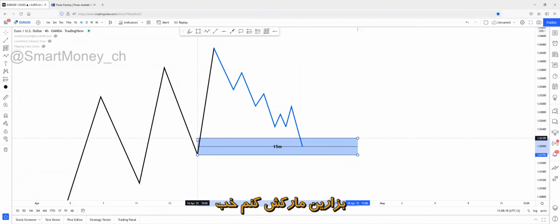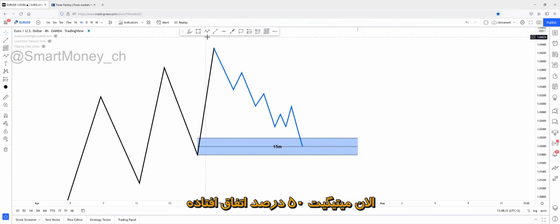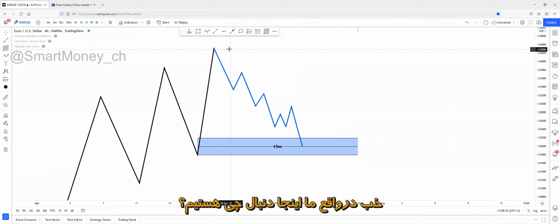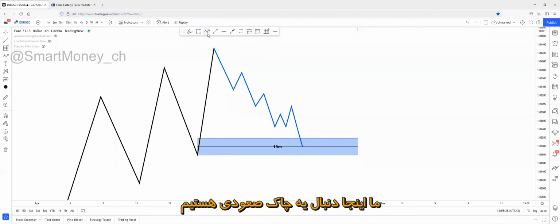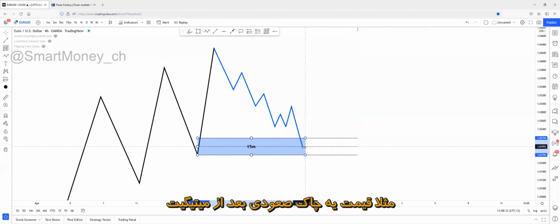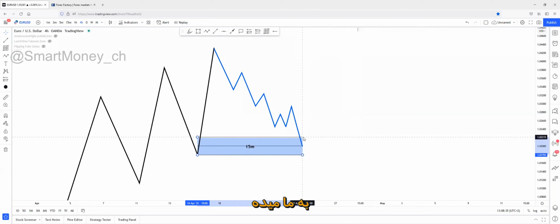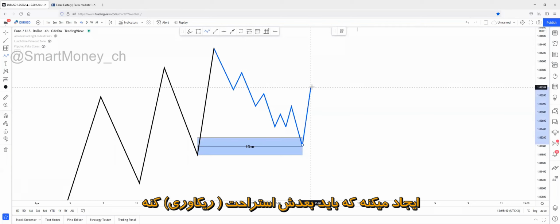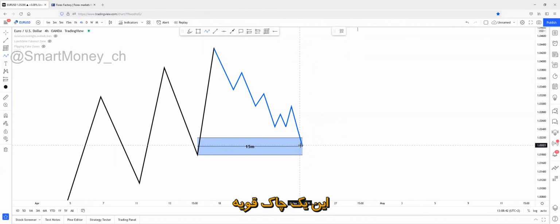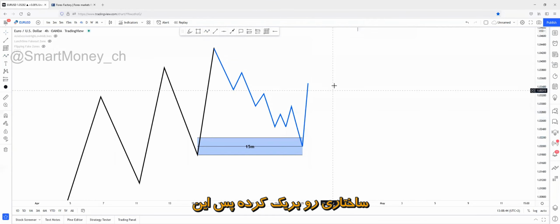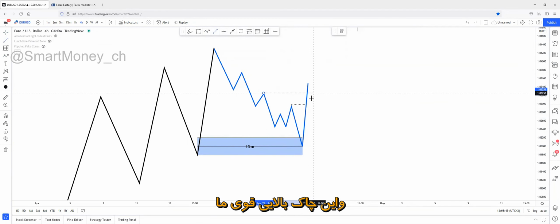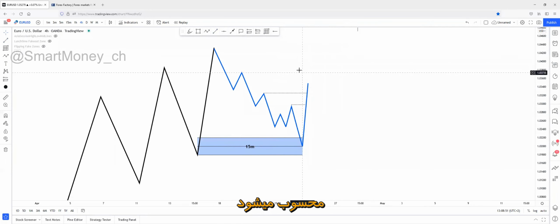We just mark it here: the 50% mitigation has happened. After the 50% mitigation, we can start to look for long entries, right? So what are we aiming for here? We are aiming for a change of character entry to the upside. For example, price changes character to the upside after mitigating this 15-minute POI, with this movement. A V-shape recovery. There's a strong change of character because it breaks above several structural high points. So there will be a change of character on the low, and there will be a strong change of character on the high.